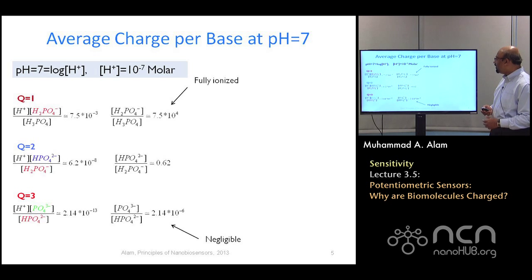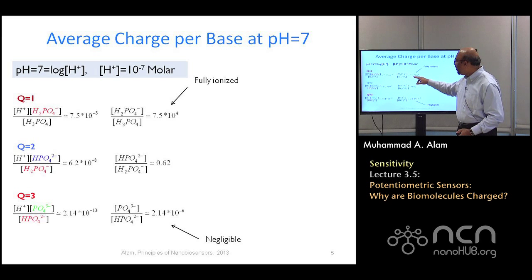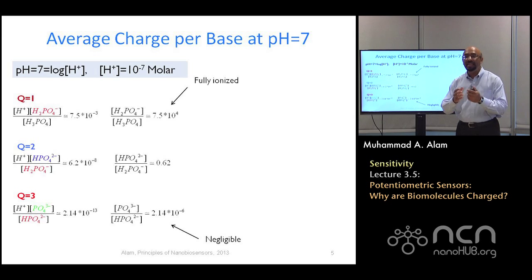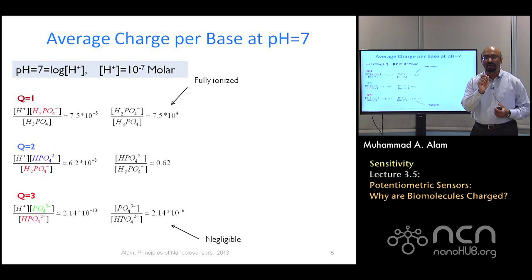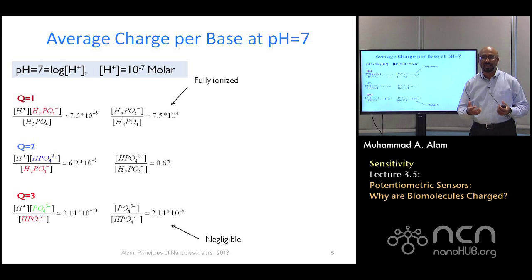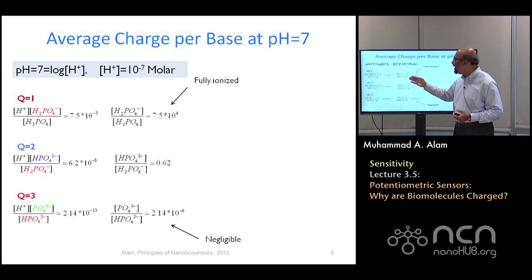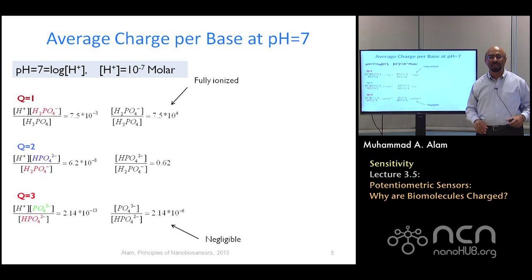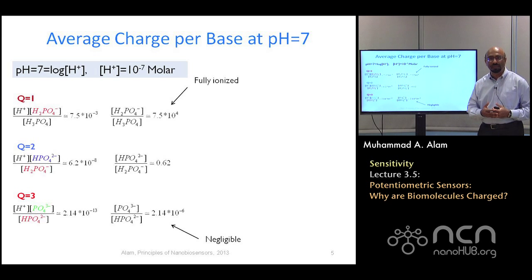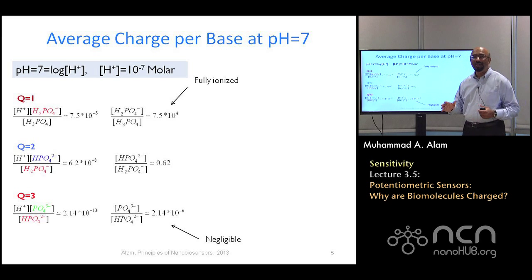And then one thing you immediately see is that for every approximately 100,000 singly charged residues, singly charged DNA bases, there is one which is not dissociated. So essentially what this is saying is that at pH 7, almost everybody will at least be singly charged. And what we find here is that a fraction of them are also doubly charged, about 0.62. About half of them are also doubly charged. And triply charged in this condition, negligible. We can forget about it.